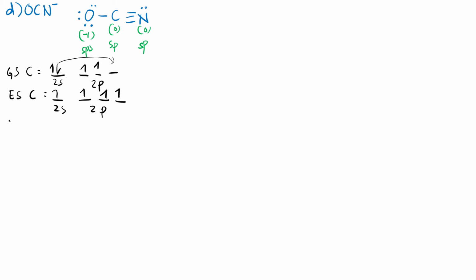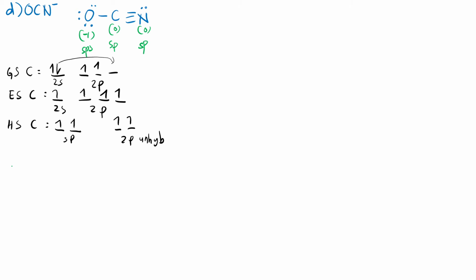And hybridized state for carbon. So carbon sp, mix 1s dengan 1p. So sp. So ada 2 lagi sini akan form pi bond, unhybridized. Okay, so this one for central atom carbon. Then we continue for